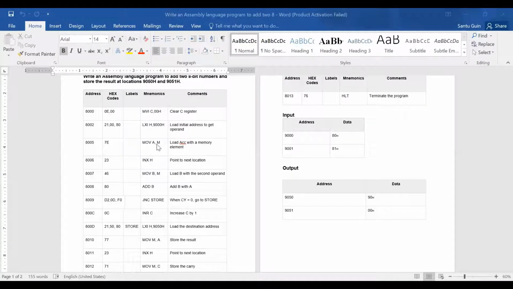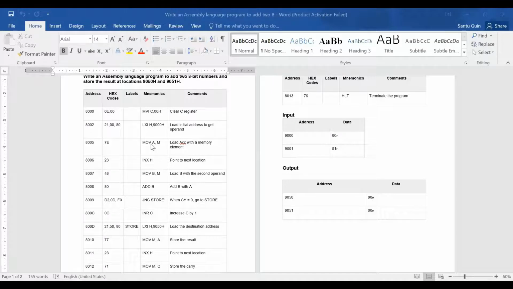related instruction, so that MOV A, M means move the content from the memory location specified by this HL register pair. Which memory location? 9000. And what is my data? 80. And that 80 should be stored inside the accumulator. So using these two instructions, this is my memory location where some data byte is there, and that data byte is transferred to the accumulator. Okay, so my first number is stored inside the accumulator as per the architecture rules of 8085.